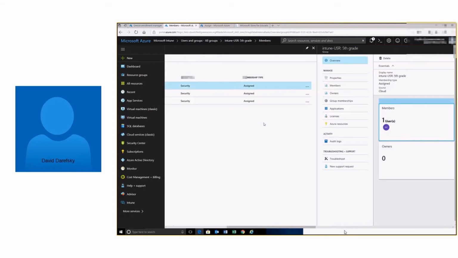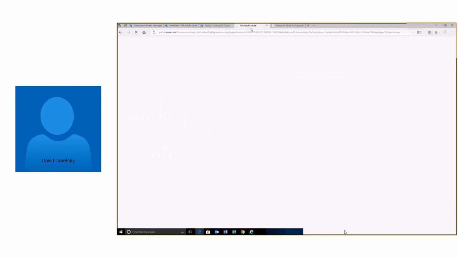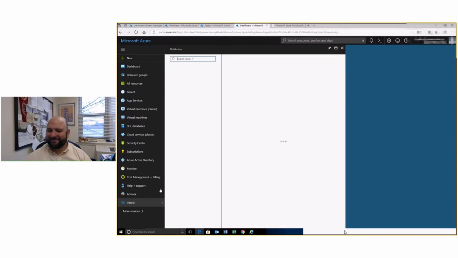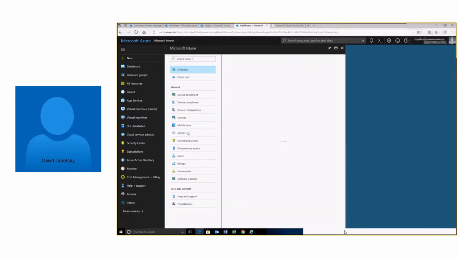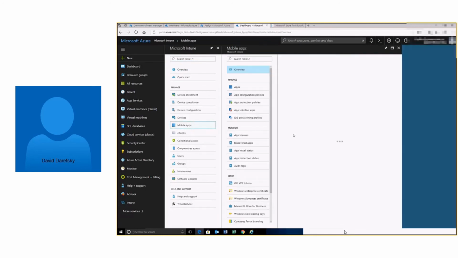And if we jump to my next tab, again, I just got here by going to Intune, mobile apps. We've got a piece of software that we have. This is not the right one, and I apologize. Let me pick one that we can install. I was trying to be all prepared, Lewis. So if I go to Intune, mobile apps,